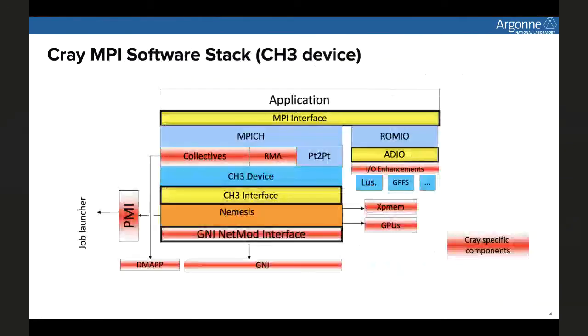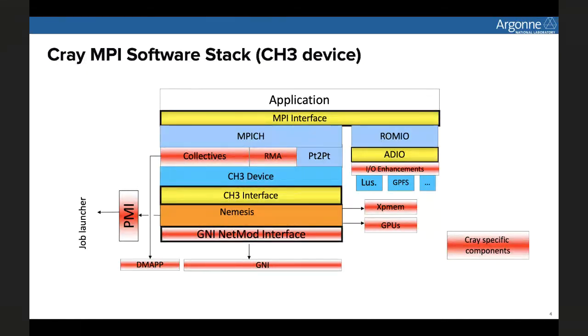So the MPI software stack that uses this sits on top of uGNI and has this software hierarchy.